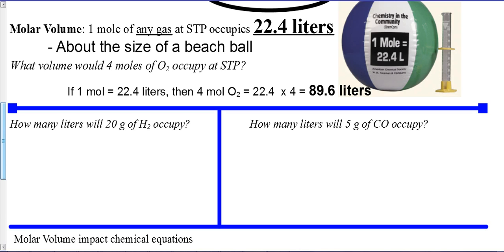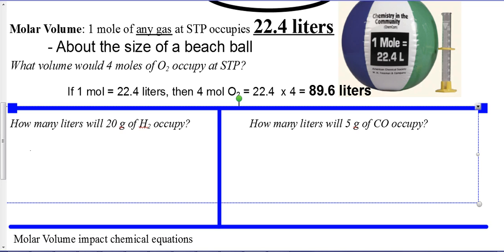So in this case, 20 grams of hydrogen gas. Well, I know that hydrogen has a molar mass of 1 gram. So for every 1 mole of hydrogen, we have 1 gram. So if we have hydrogen gas, which is H2, that means every 2 grams would be 1 mole of hydrogen gas. So I would take my 20 grams, this is what you do here,